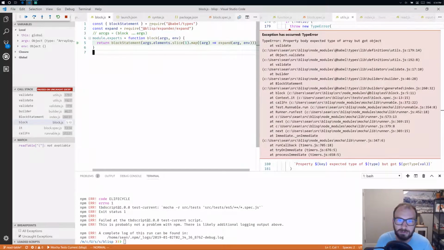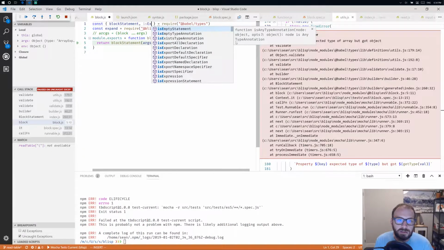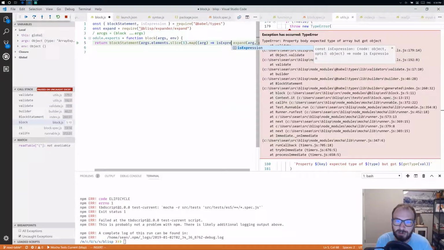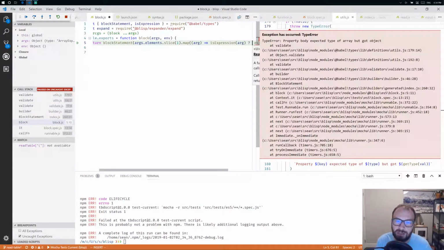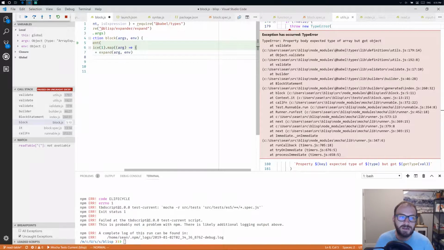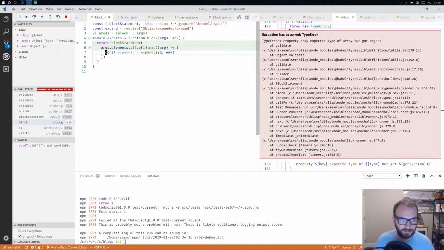So now we need to grab is expression from Babel types. And so is expression arg. Okay, actually, we need to first expand it. Okay, then if is expression,